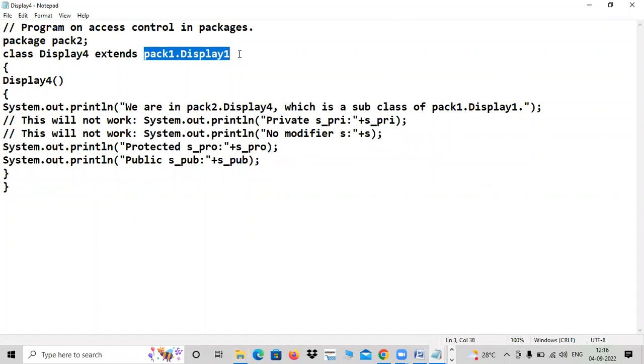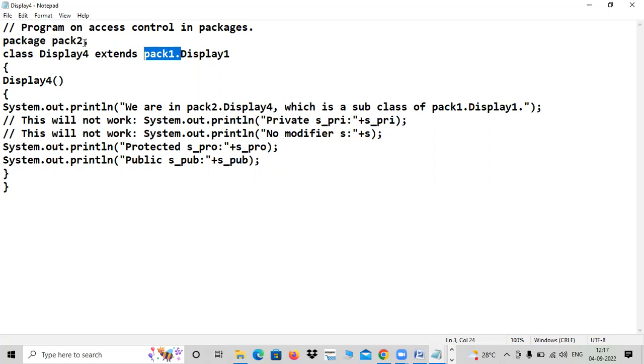Extends, yes. So display 4 is also a child of display 1, but the package is changed, is it not? So display 4 extends. Normally you write display 1. If display 1 also belongs to pack 2, you need not write pack 1. But the parent is present in pack 1, the child is present in pack 2.